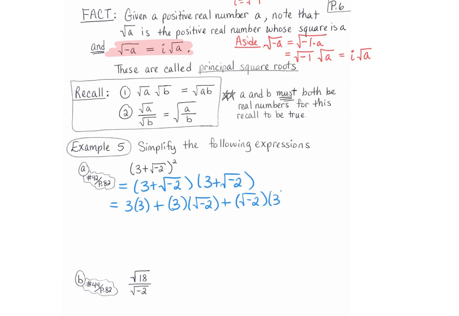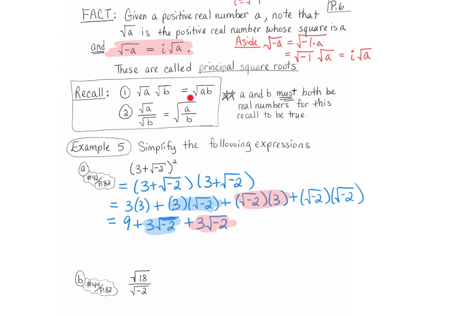Good. The square root of negative 2 times 3. And then our last, which is the square root of negative 2. Good. And then we simplify where possible. 3 times 3 is 9. And then our next term is just 3 times the square root of negative 2. It is what it is. And then we have plus 3 times the square root of negative 2. So again, this term becomes this. This term is this. Then when you multiply the last,